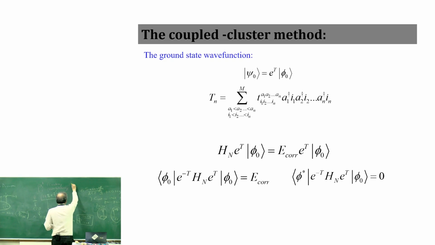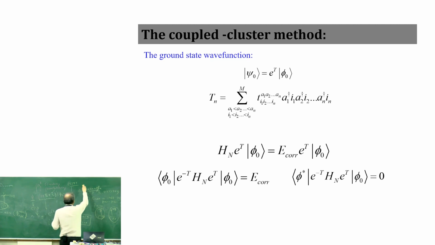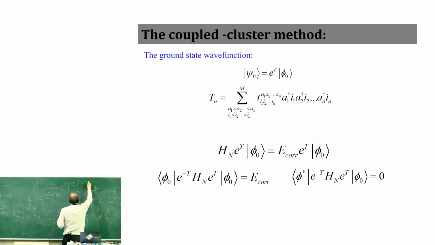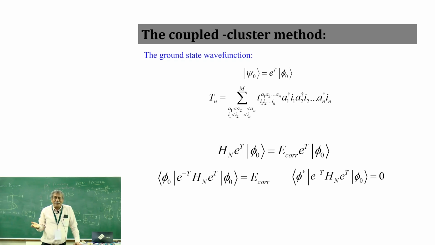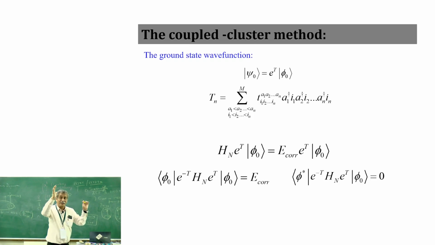So of course, if you do CCSDT, it is kind of blowing this whole thing up too much. And of course, people have even tried CCSDTQ. I mean, this is too much. Already people start criticizing why are you doing this? With CCSDTQ you have T3 and T4. Those T4s are not T2 squared. Those T4s are genuine T4, four bodies coming together, right? So whenever I'm writing a Tn like this, they are actually n particles coming together and getting excited. So that chance when n is larger than 2 is very small.